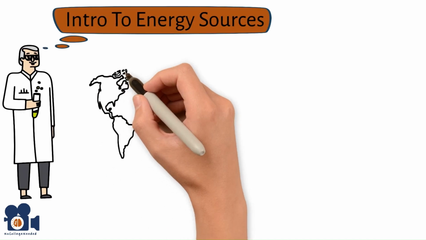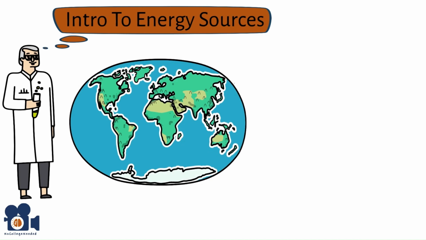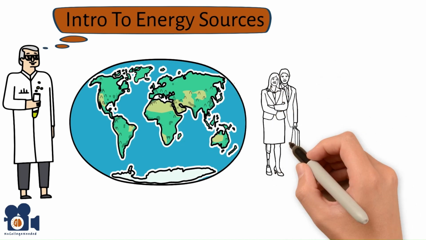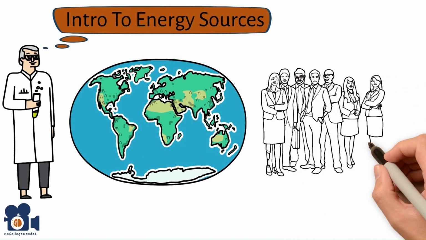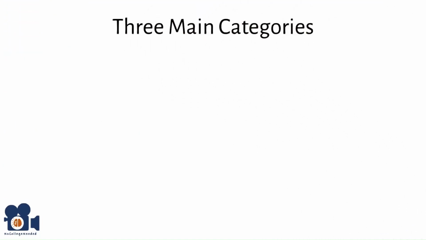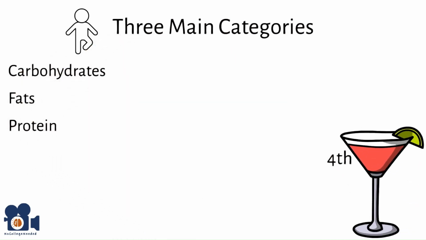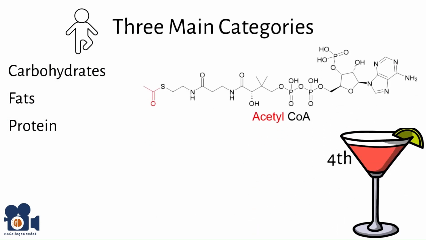Might be the single most important issue for the human race to solve in the upcoming decades. We're first going to discuss how we as humans get energy in the form of food, and then get into fuels we as humans use to power our lives. There are 3 main categories that most humans get their energy from, a fourth if you're an alcoholic, which are carbohydrates, fats, and protein. However, regardless of the category, they're all converted into acetyl-CoA by your body, and this is the molecule that your body uses to produce the energy that heats your body and allows you to move.